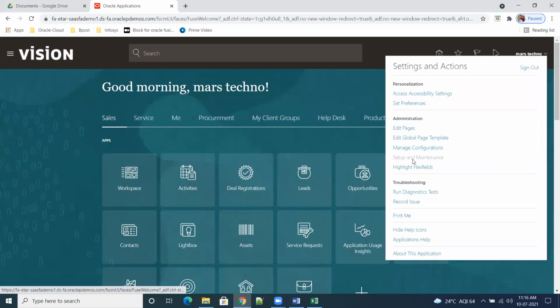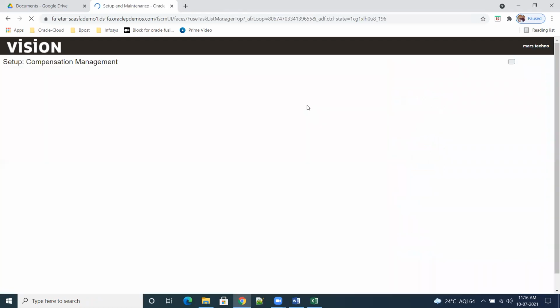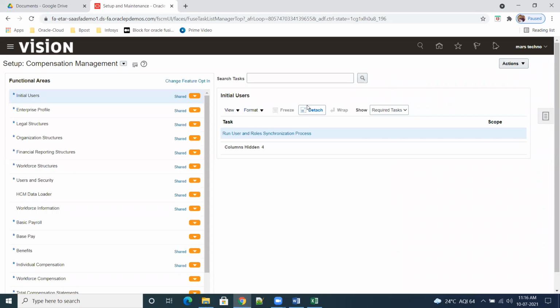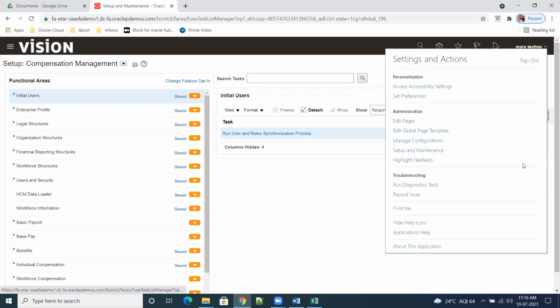So go to setup and maintenance. Whatever configurations we are doing, we will validate them when we are creating the transaction screens. So far I have not touched any transaction screens; I am touching only configuration screens. Configuration screens are always present under setup and maintenance.